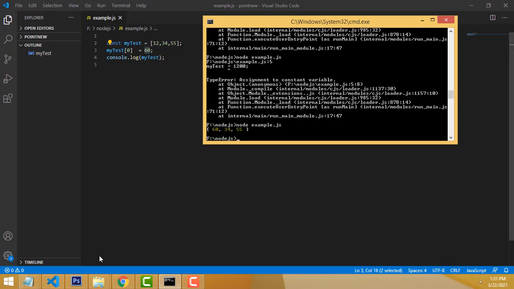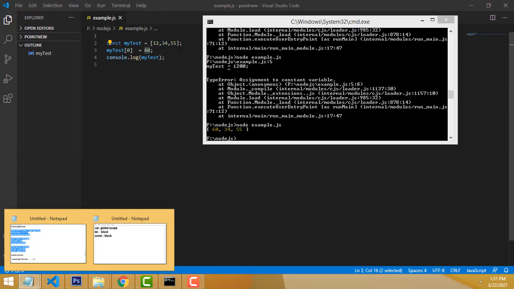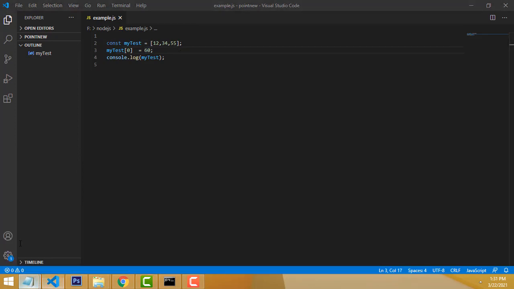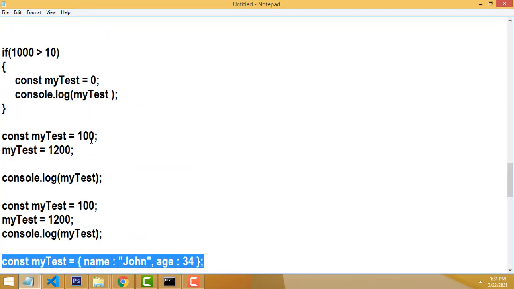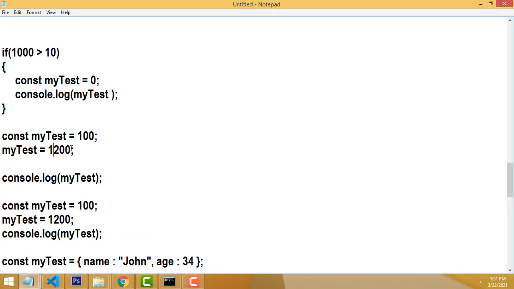The earlier example we wrote like this. We have to assign the variable here like this. Why won't it work? The difference is, if it is a primitive data type, it won't work. Primitive data type means integer, string, double, it won't work. For the constant variable, it never works if you are declaring the variable again. If it is a non-primitive data type, it will work.